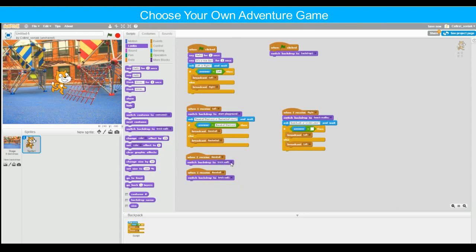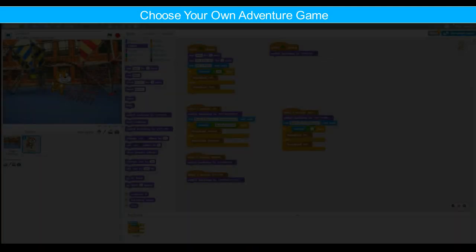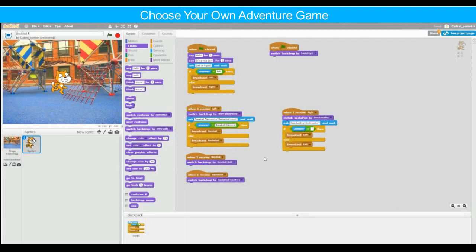And for the backdrop, we're going to click the little arrow and we're going to go to the baseball field. Now we're going to go to the one directly underneath it, and this is the basketball court. So we're going to click the little arrow, we're going to have it receive the basketball message, and we are going to switch it to the basketball court background. Okay, now that we have the left side set up, we're going to go ahead and work on the right